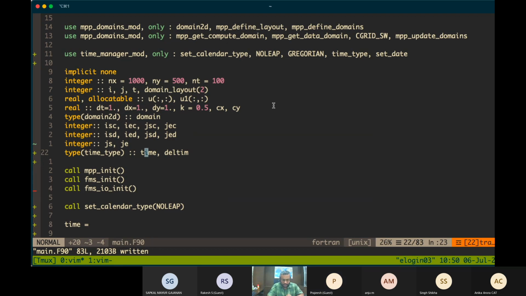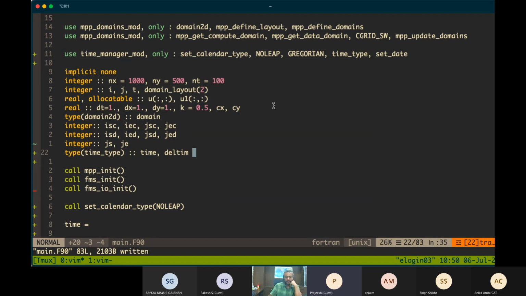Okay. So for now, let's say we are keeping it as 1 hour. Then from the start time, as the loop goes on, we'll just increment that time by plus 1 hour, plus 1 hour, like that.